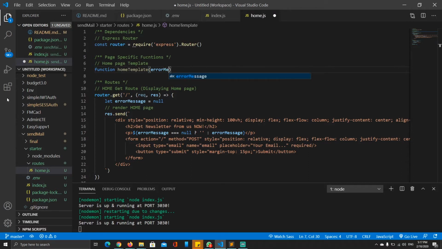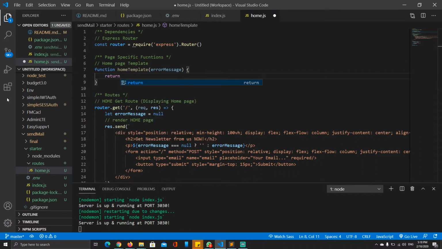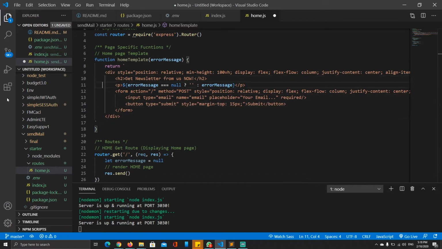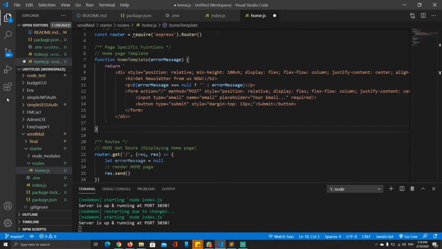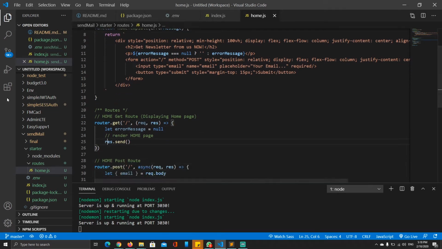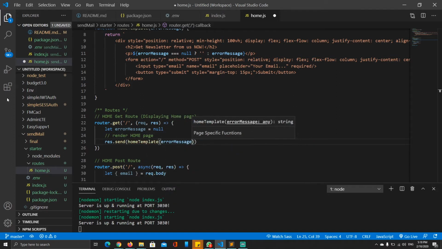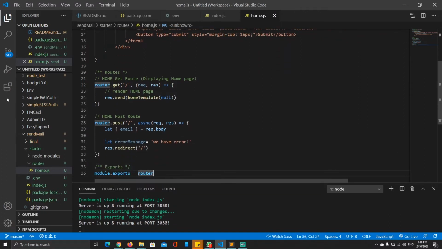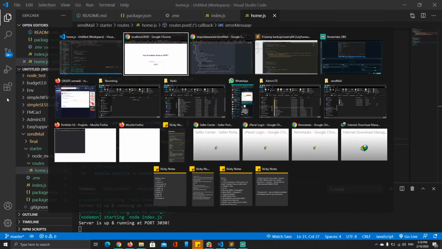sorry, the parameter of error message. Inside of that, we're going to return our whole HTML, something like this. We're going to return all of it. Let me just indent it right, like that. And then inside of it, we're just going to call our home template and pass our error message, which goes to null. I don't have to redeclare it over here, I'm just going to send it like that, right? So if we refresh,